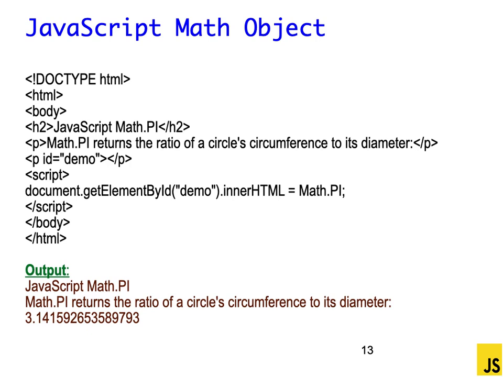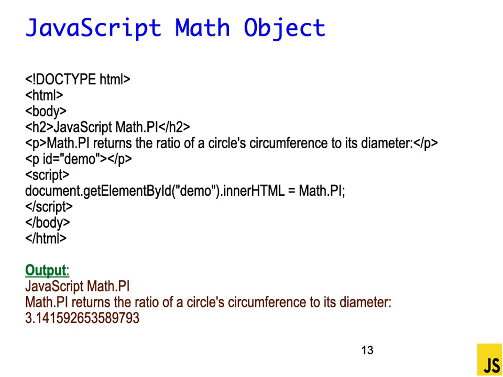And that is something to be modified later in this program, followed by a script: document.getElementById demo.innerHTML is equal to Math.PI. So that means innerHTML will assign the value returned by the PI property. Math is the object there, a class-like thing. So Math.PI always returns 3.141592 etc. Okay, and the output is also specified there, JavaScript Math.PI, that is a heading, followed by a comment,